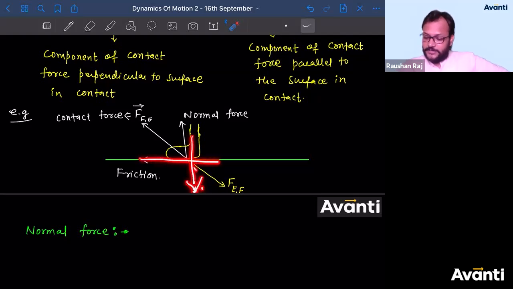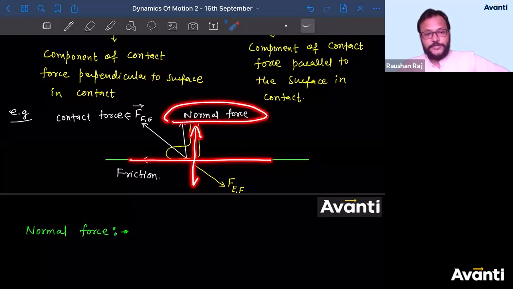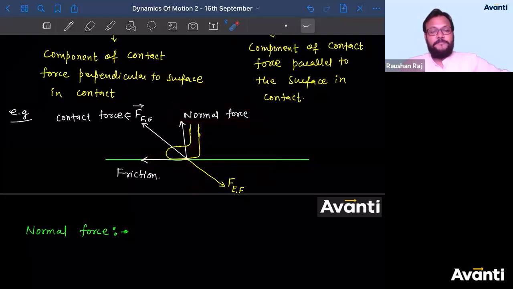But sir, there is a surface which is in contact. This surface will not allow this to happen. This surface will not allow the man to go down. So the surface will not allow the motion. So actually, the surface will restrict the motion. Sir, to oppose the motion of this object, this surface has applied a force in normal direction. So I'll say, sir, because the surface opposes a motion normal to it, the surface applies a force on the object. So if I ask you, what causes the normal force? So I'll say, normal force will come when the surface will oppose the motion.